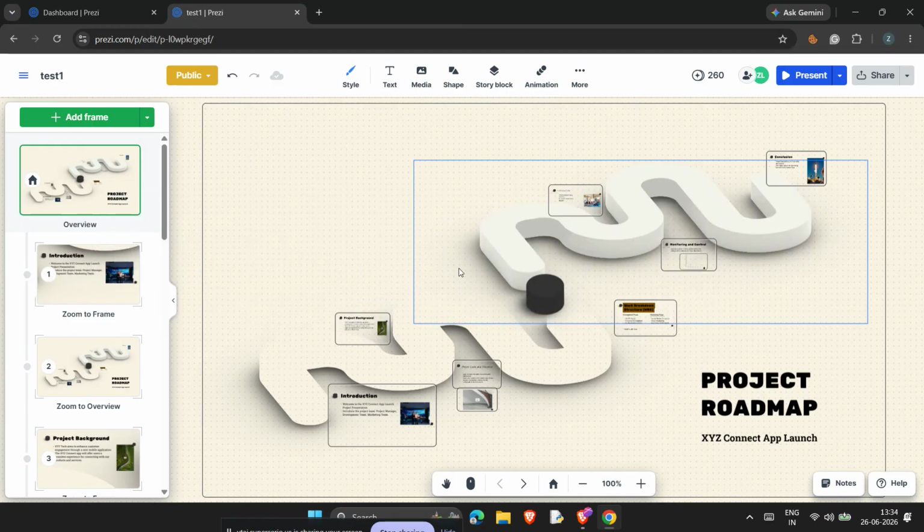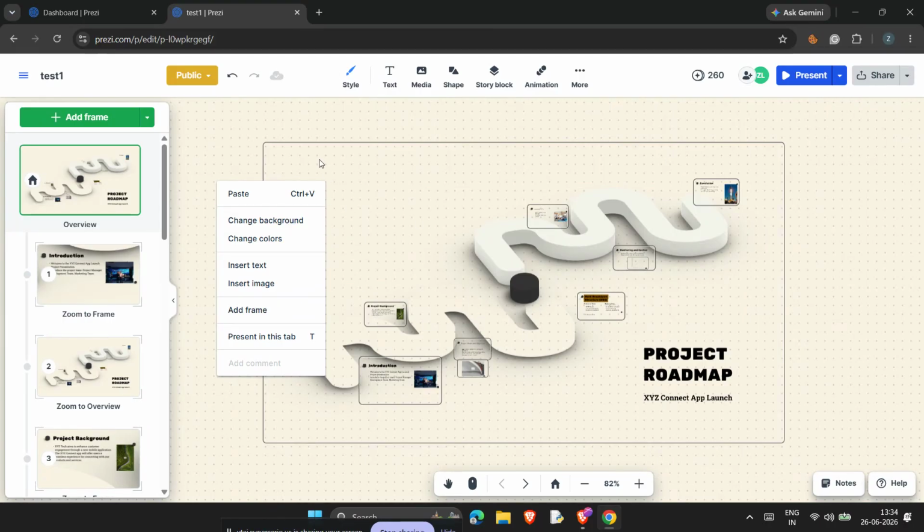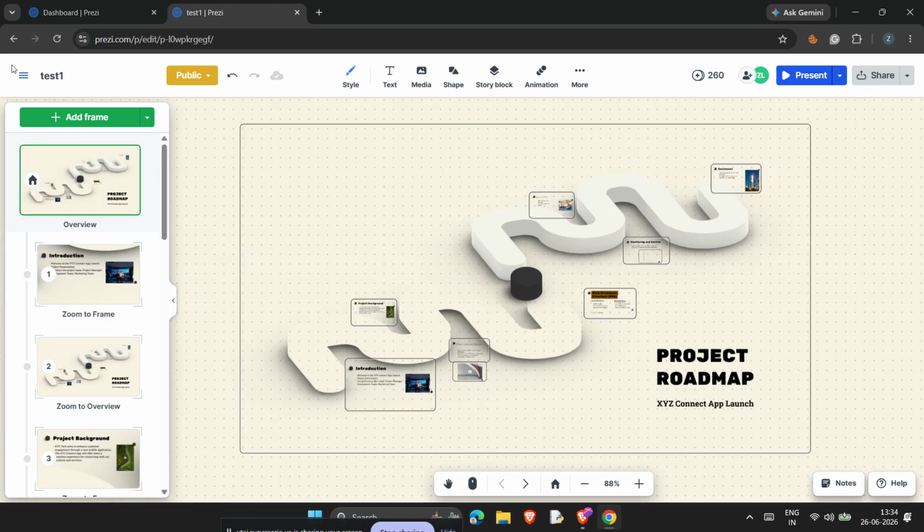Alright, let's jump in. First, if you're on a paid Prezi plan, the process is very simple. You can remove the logo directly from the editor itself. That means once you're inside your presentation, you can adjust the settings and turn off the branding so your final presentation looks clean and professional. This is the easiest option if you already have a premium plan because everything can be handled right inside Prezi